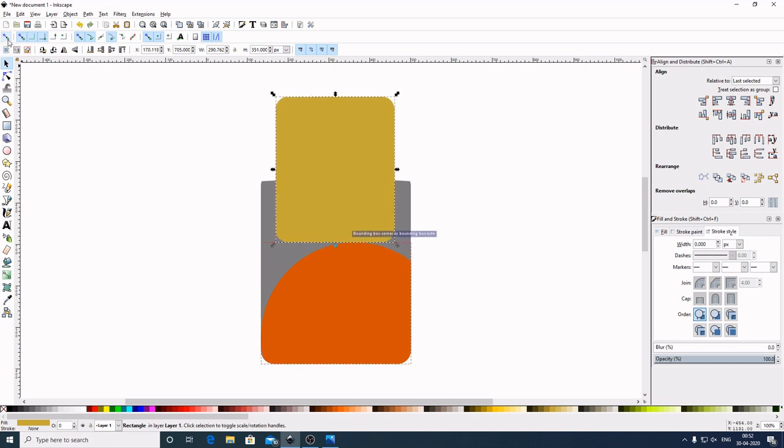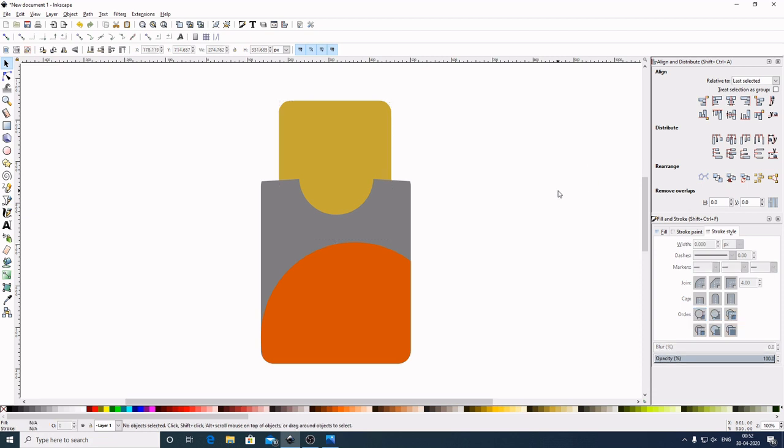Now first I will come here and I will disable this snapping section. Now by holding Ctrl and Shift on the keyboard, I will drag this inward to make it smaller. This much is better. Now come up here and select this one, lower selection to bottom. Now select out of the graphic to deselect.